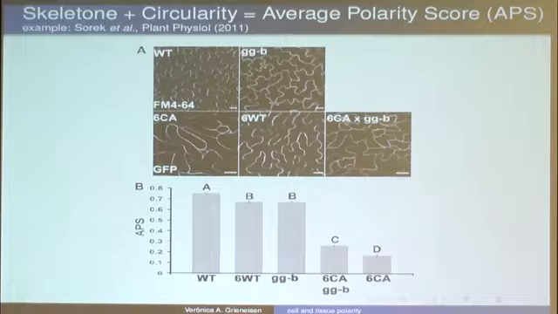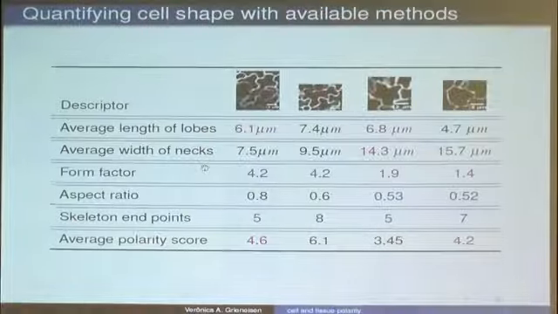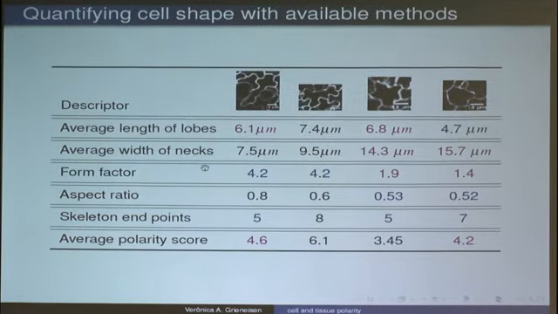Again, people realizing these issues try to combine them, so you say, okay, we sum up the skeleton ends plus the circularity, and we get an average score. I can go through all of this, but you really start seeing contradictions in the way that these things work out. And if we apply that, as a proof of principle, to those four very simple cell shapes that I showed you in the beginning,